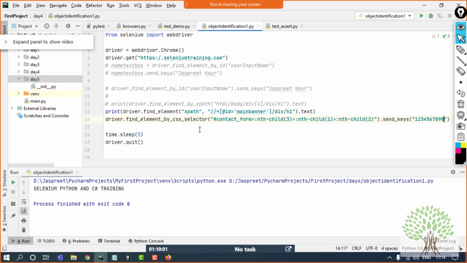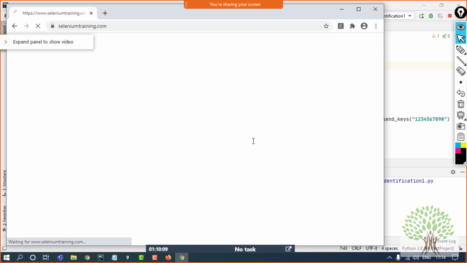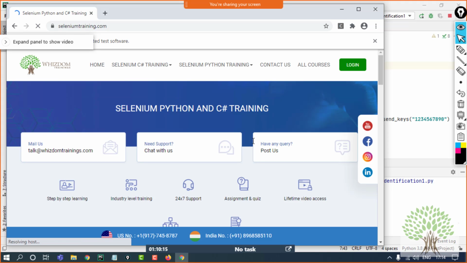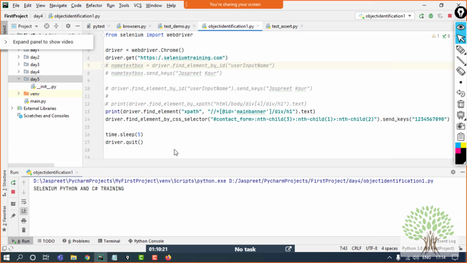This I want to send. I'll save this and I run this. So you can see over here that in this text box, the text that I have sent got entered and my browser closed itself after the complete and successful execution.